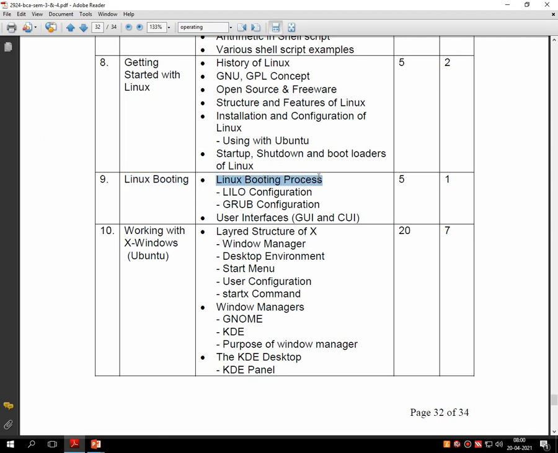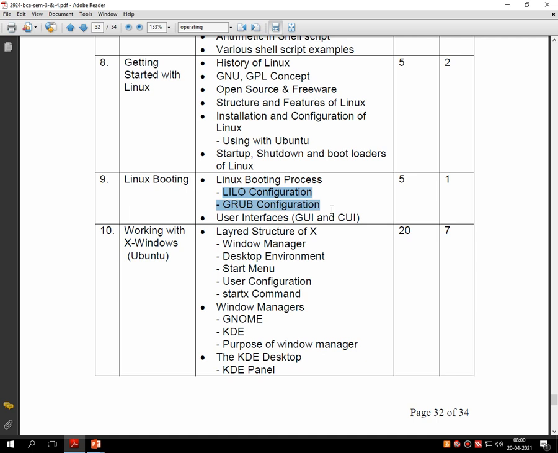In our previous lecture we went through a detailed discussion of the Linux booting process, which consists of various components like BIOS, MBR, Grub, init, run level, etc. Now it's time to discuss the two configurations which perform a major role in the Linux booting process,